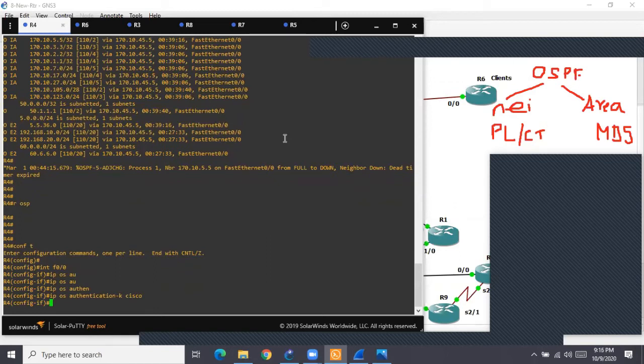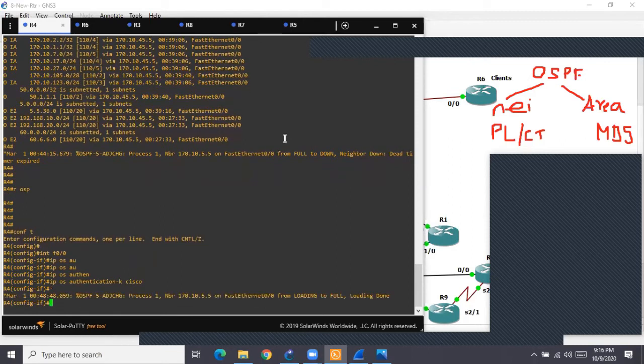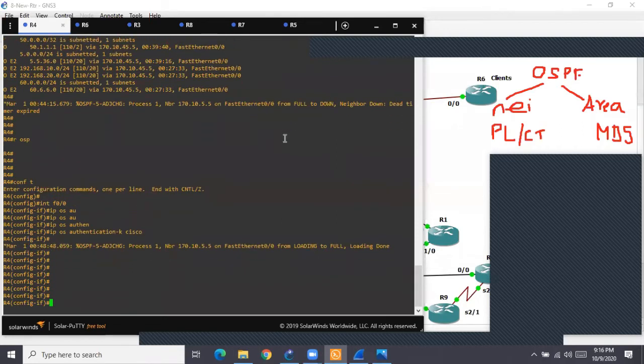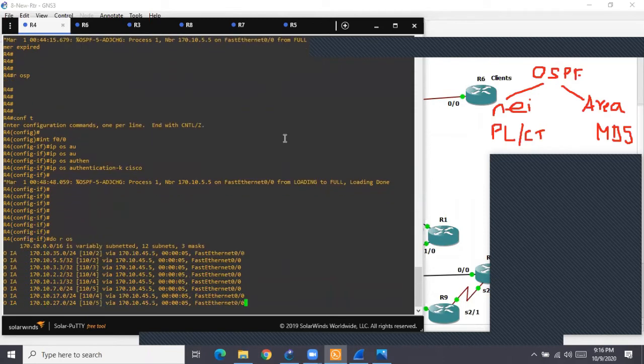Done. R4 and R5 should form neighborship again, and there you see they have formed neighborship again. And R4 will get all the reachability like previous.